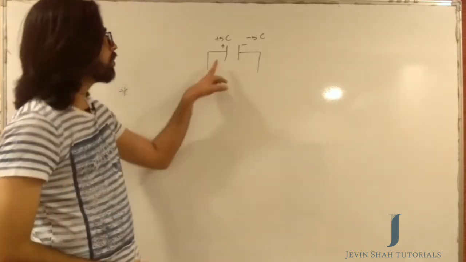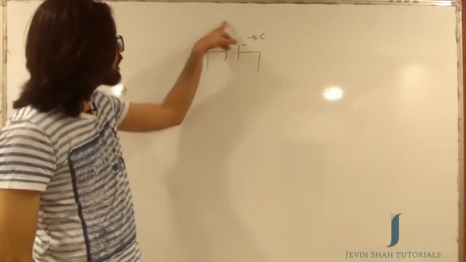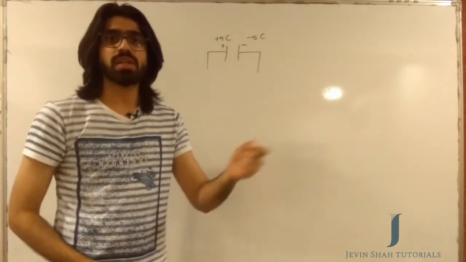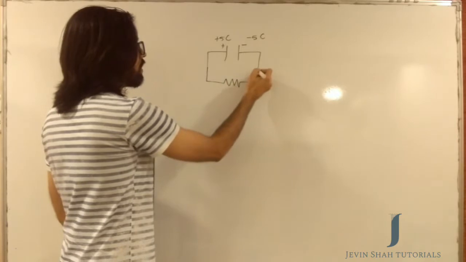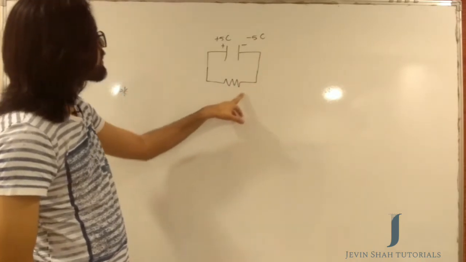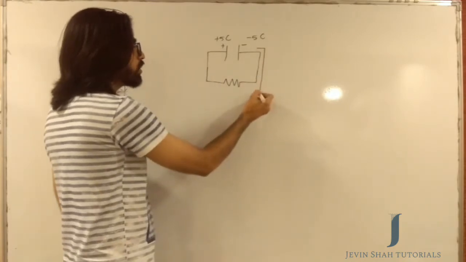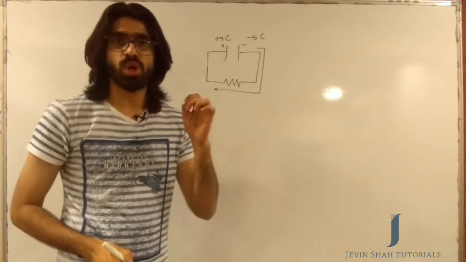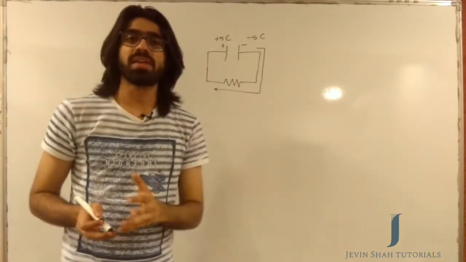Now we have a capacitor which is having some charges stored on the left hand side and the right hand side plate. So this is how we say that a capacitor is storing an electrical charge. Say for example, we want some kind of an electric current through a resistor or through an appliance. So what we do is we connect that appliance with the capacitor. And now the negative charges have a path to flow through the resistor and connect with the positive charges here. So the electrons are going to flow through the resistor and get combined with the positive charges right here, and that is what gives us the generation of current because of a capacitor. Okay, so that is how a capacitor essentially works.